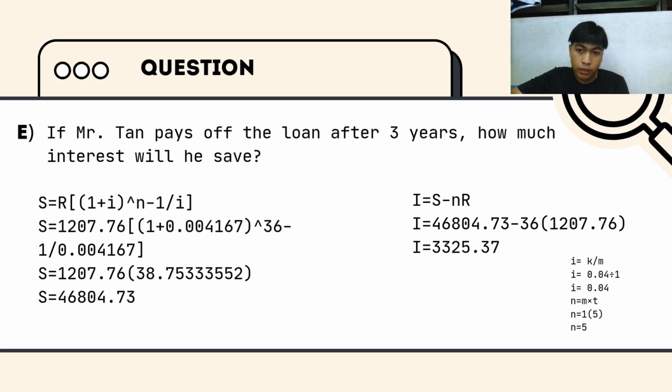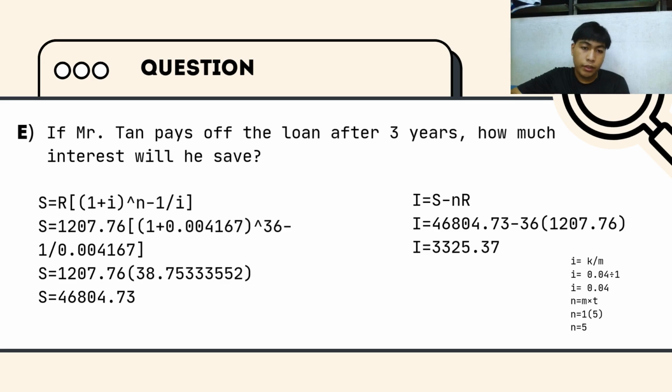S equals 1207.76 open bracket 1 plus 0.004167 close bracket power of 36 minus 1 over 0.004167. S equals 1207.76 open bracket 38.7533355 close bracket. The answer is